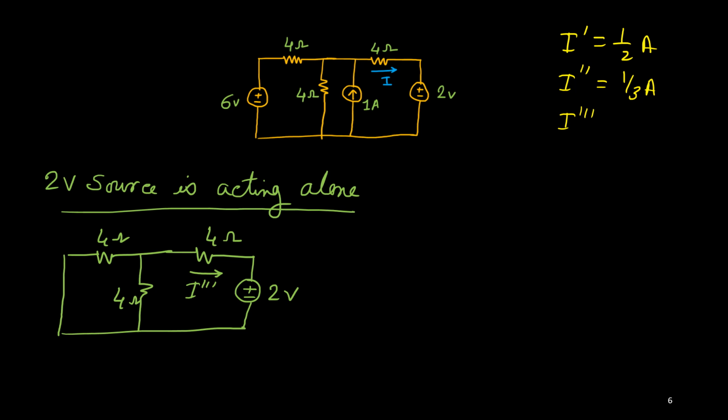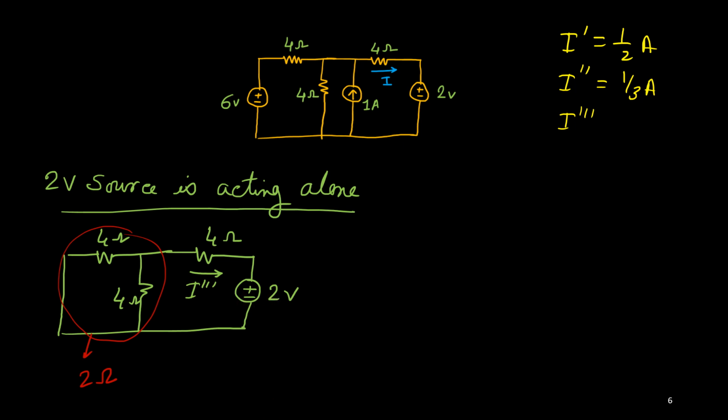So you see this 2 volt source, only one source is there and it has to supply the current, and these two again we can combine together. You see this will give you 2 ohm resistance, and again 2 ohm and this 4 ohm they are in series. So this source will try to provide the current in anti-clockwise direction, but we are considering this in clockwise direction, so sign wise it is opposite. So thus you will find the negative value.